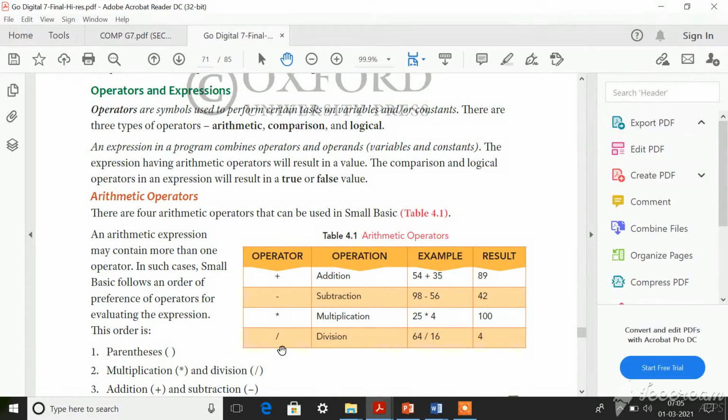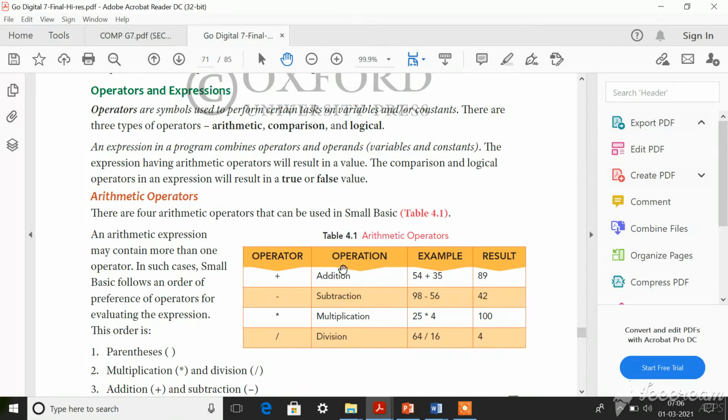So these symbols are called operators, and all these symbols are specifically meant for certain operations. Okay, so the plus operator denotes addition, the minus operator denotes subtraction, the asterisk operator denotes multiplication, and the slash operator denotes division. These operators are mentioned for some operations. Understood? And what is called an expression?